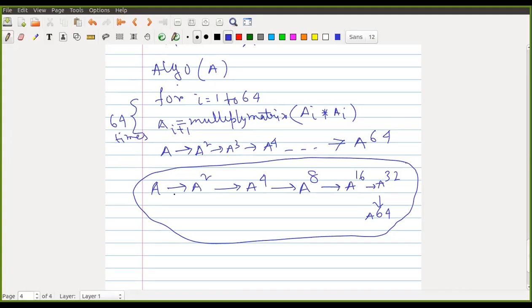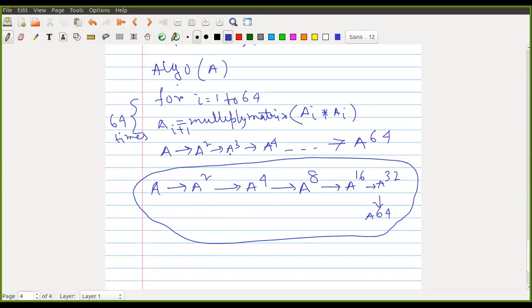And yeah, so how does it ensure that it will give us the shortest path between any two pairs? No, I'm not saying that. I'm just trying to explain the method of repeated squaring. I'm not saying this works and all.